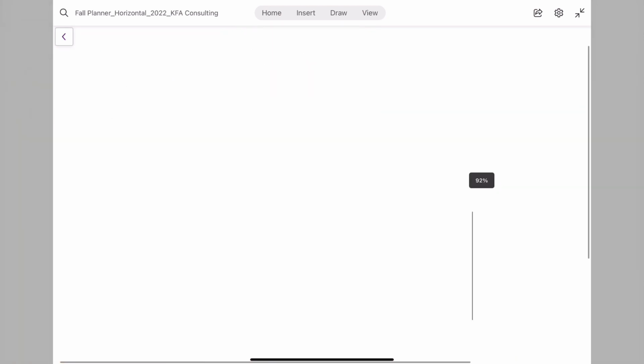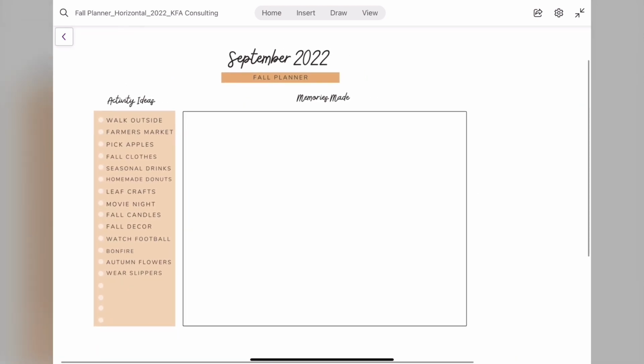So the first page is that activities page. So a walk outside, farmer's market, picking apples, seasonal clothes and drinks, homemade donuts, movie night, fall candles, fall decor,